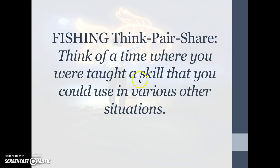So this is usually, I think, a think-pair-share. But for the sake of this video, I want you to think of a time where you were taught a skill that you could use in various other situations. Just think about it. And you can pause this video and have a moment to jot this moment down, or think to yourself. So for the sake of the video, I won't pause myself as well. But what I'll say is that